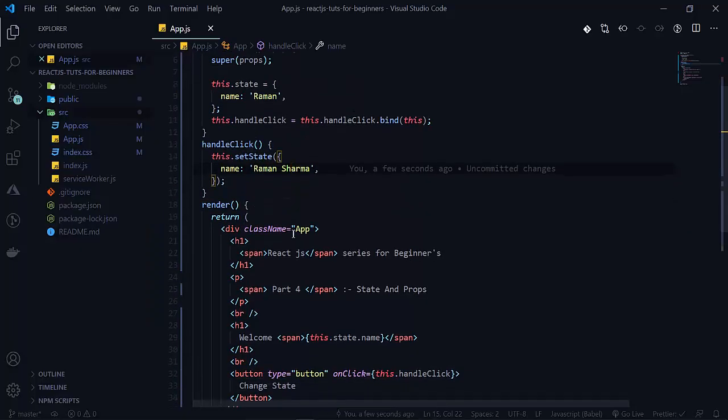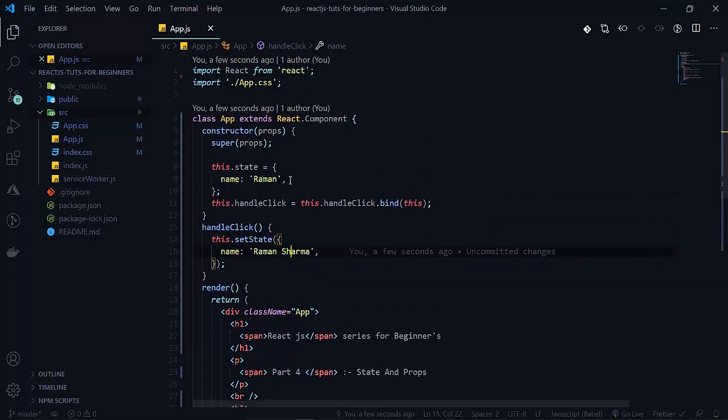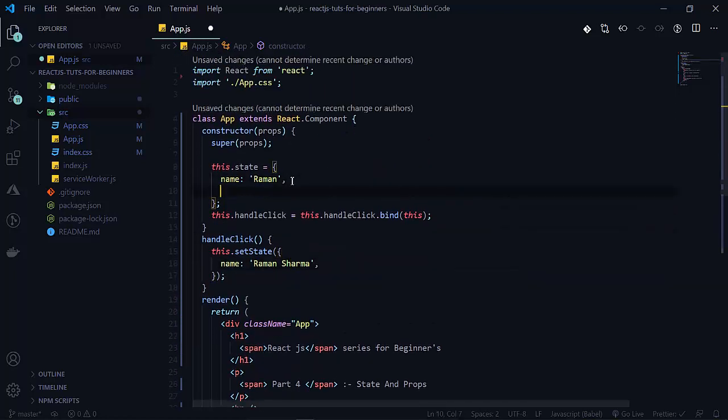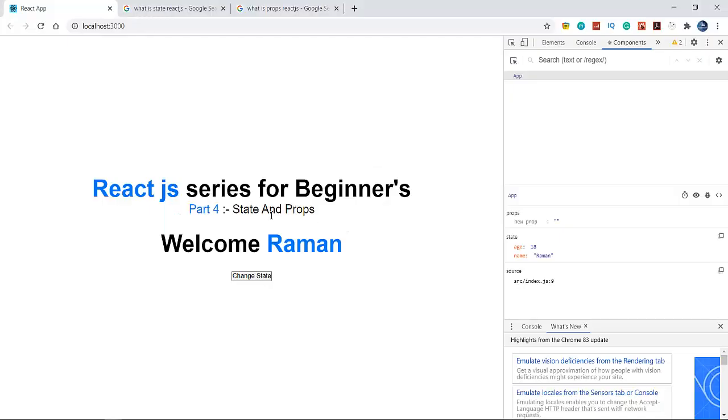So now let's see how we can change state with previous terms. Let's see, here will be age. Age is 18 here. See that now there is an error here. There will be age 18, and here age is also 18. Age is also there. So when I click on change state, see that now the name changes and age also remains the same.